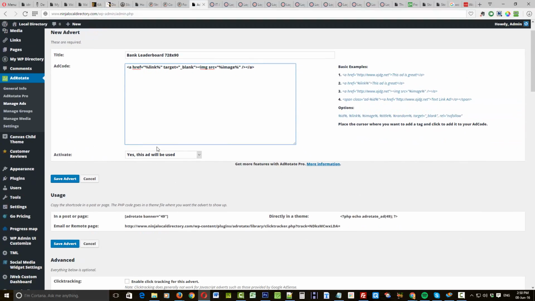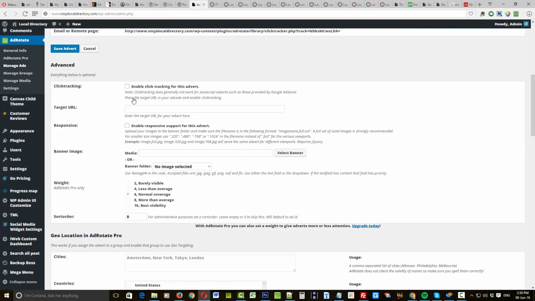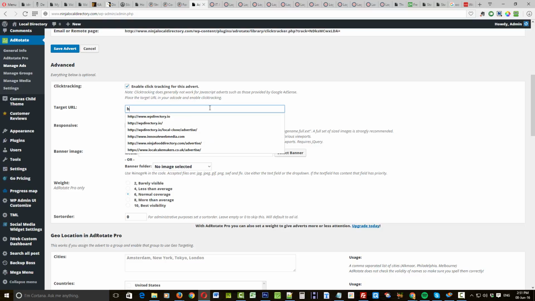Underneath it says activate. We're going to leave that as yes, this ad will be used. We're going to come down to this section. We want to enable click tracking, and what is the actual target URL that we want people to go to when they click on the banner itself. So in this case I'm just going to put google.com,